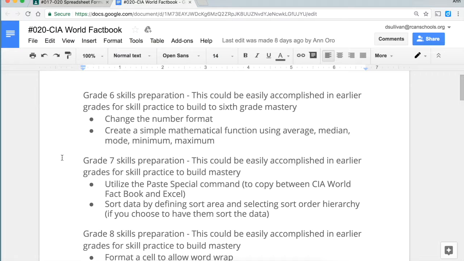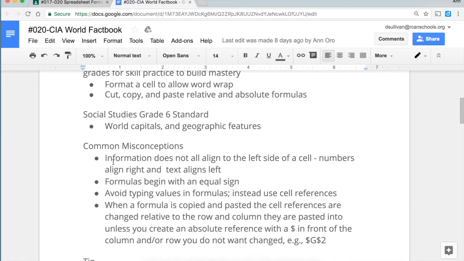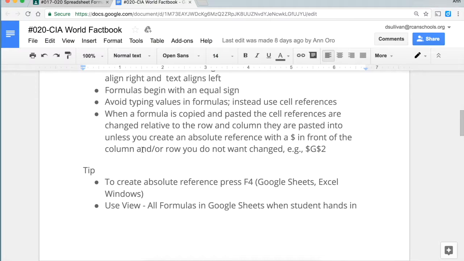This is a great way to explain to students why the paste special command can be helpful in preparation for the 7th grade. Sorting data again. In 8th grade skill preparation, formatting a cell to allow word wrap, and getting to absolute references and formulas. In the 6th grade social studies standards, students are working on world capitals and geographic features, and you will be understanding how to make a cell formula absolute with the $ in front of the row and column you do not want to change. As an interesting fact, you can press the F4 function key to automatically generate the $